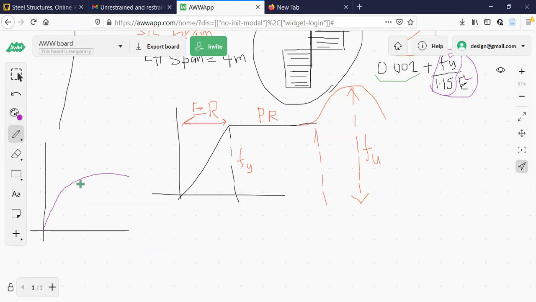Then how do you find the corresponding Fy? How do you find it? What is the procedure for this? Because it does not have any definite yield point. Where does the elastic limit end and where does it enter into plastic, or immediately it is a brittle material and immediately fails? That is a very problematic issue here, because I don't know when the elastic limit is ending.